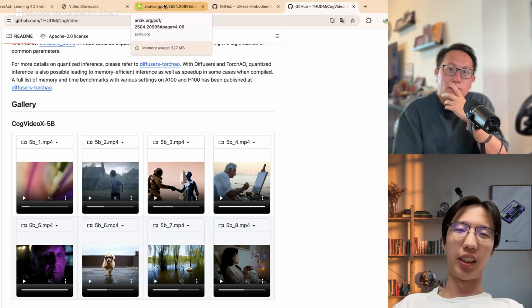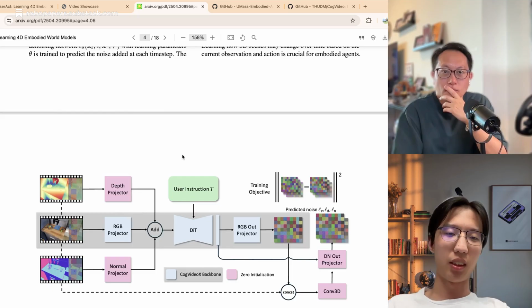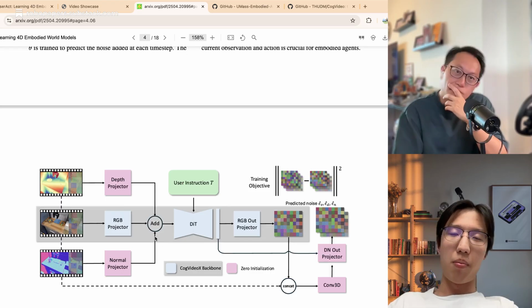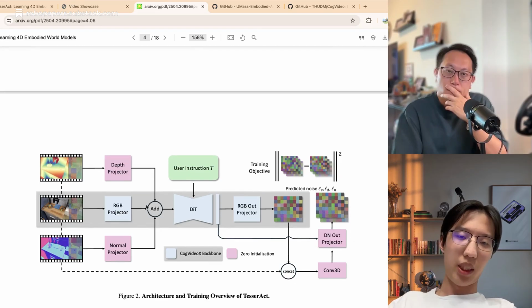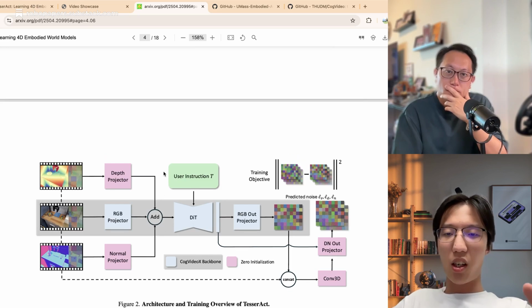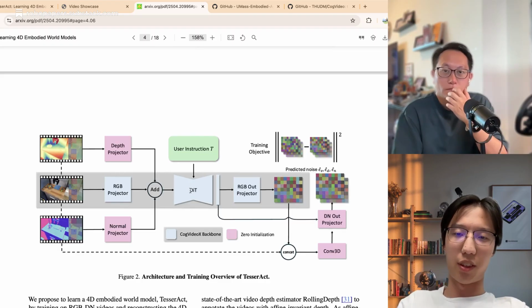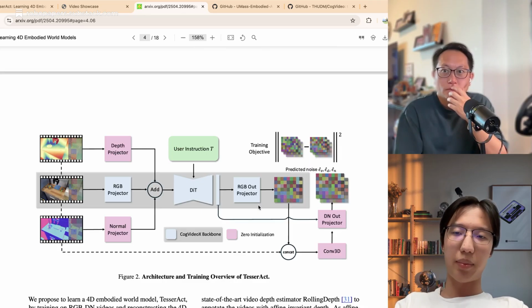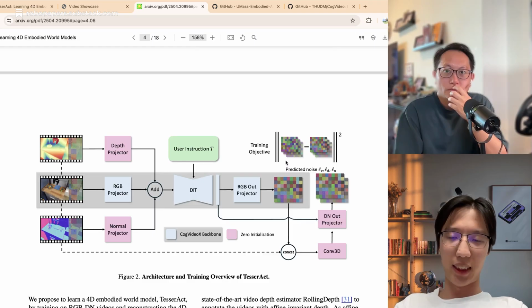So we design our architecture based on CogVideoX, and then we add two additional projectors: a depth projector and a normal projector. We just use an add operator here, and then they're all given to the CogVideoX backbone, which is a diffusion transformer. Finally, we get the RGB output, depth output, and normal output, and we supervise on this output.